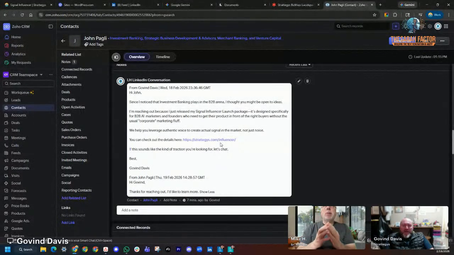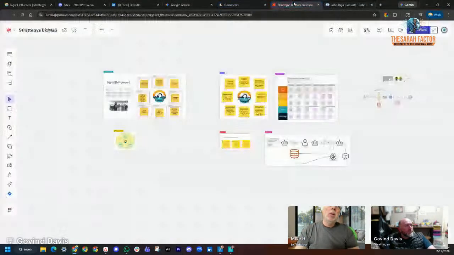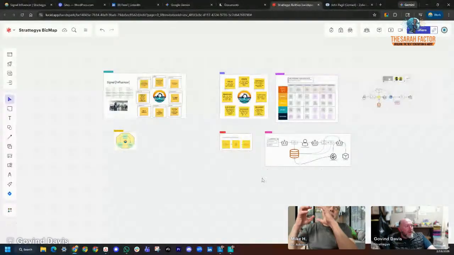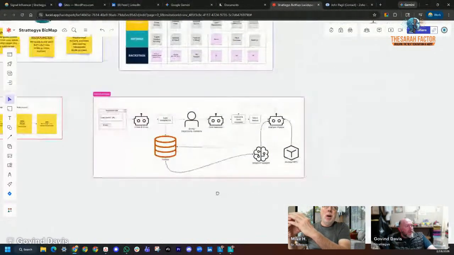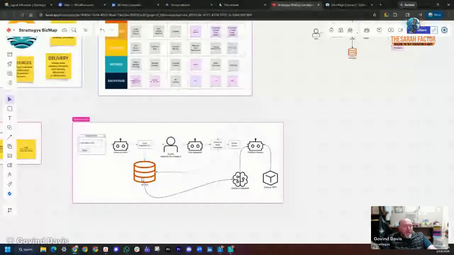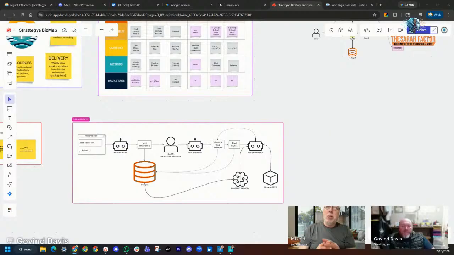Now, let's walk through the process. You like to draw things on a whiteboard. Go to the whiteboard. Tell me what Zoho is doing. Where does it start? Yeah, it's really this, instead of HubSpot. It's this section right here. It's the data repository for all the contacts and trying to find signals on the best target as a company and also as a persona. What are the triggers? Talk about the triggers.